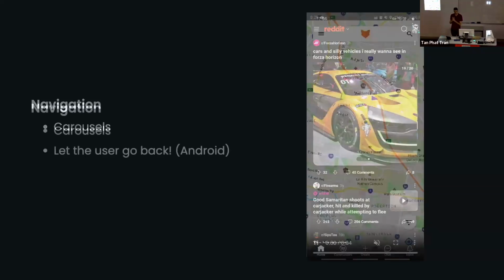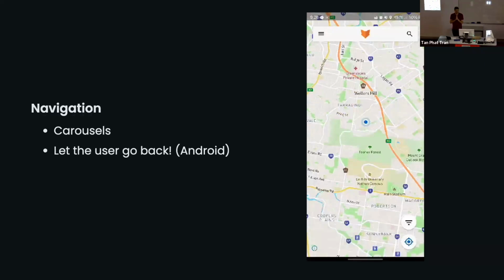This one's more Android specific. Let your users go back. I won't slander the name of which app this is, but you might recognize it. This was a bigger problem, I think, 10 years ago. A lot of Androids did this. I think they were trying to do like the Roller Coaster Tycoon, block off the exits type of thing and make sure you're still in the app and using their app. But,